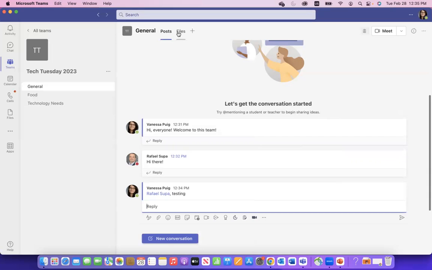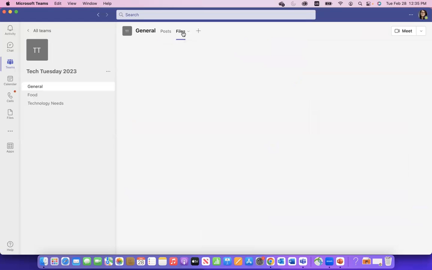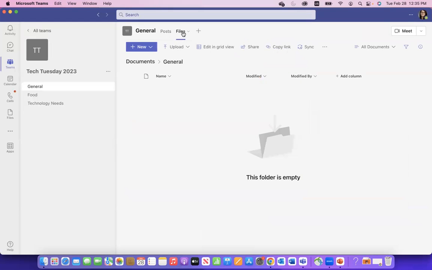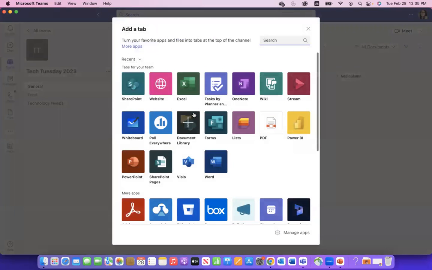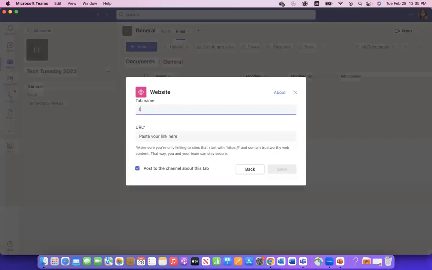And one really quick thing about Teams, because I know we're running low on time, you'll notice these tabs at the top. Right here, we are in the post tab where I can see all of our conversations. There's also a files tab. Any files that are shared in any of our conversations will be here so that I can look at them later. You can also add different tabs that might be useful for your team. For example, if I wanted to reference the ITS website, so that people can look at it whenever they need to for this particular team.